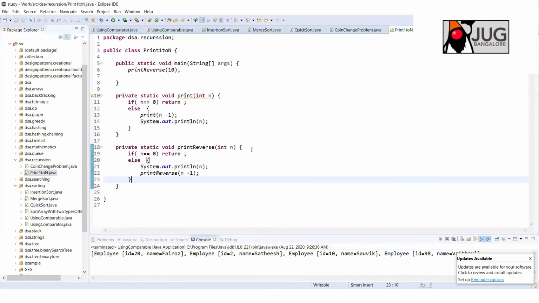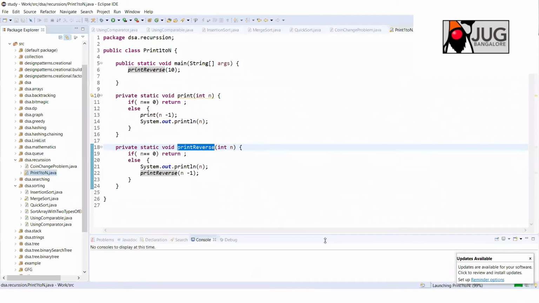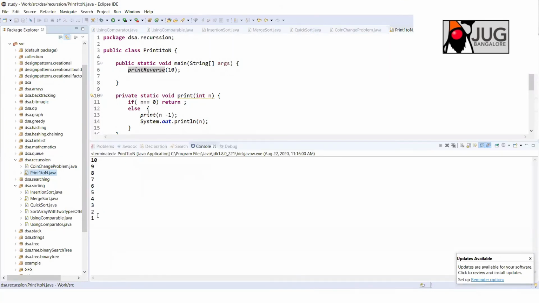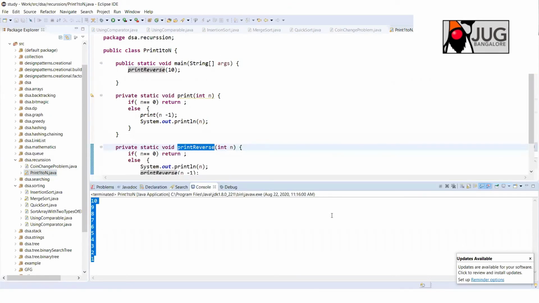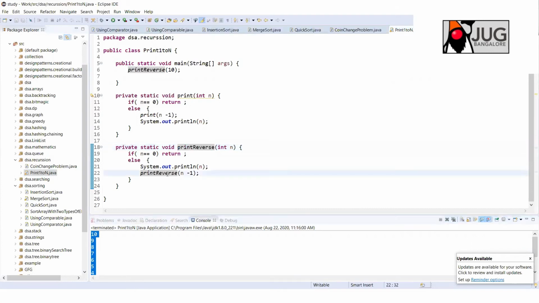Okay, let's take this example, printing number n in reverse. So what it is doing is printing numbers from 1 to n, and finally it goes till 1. In this case, this is a tail recursion, where you are printing the element first.